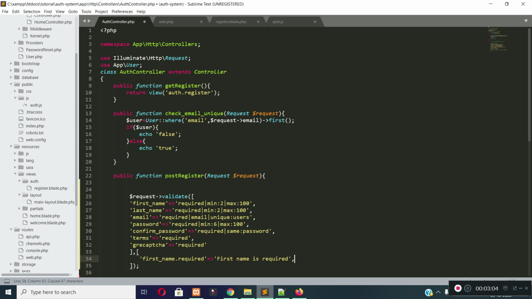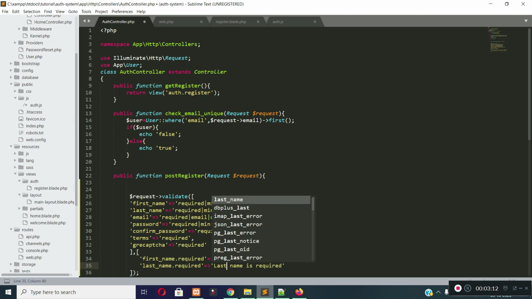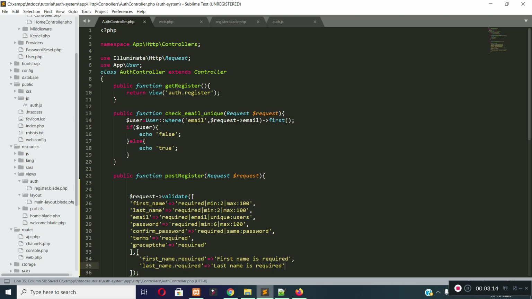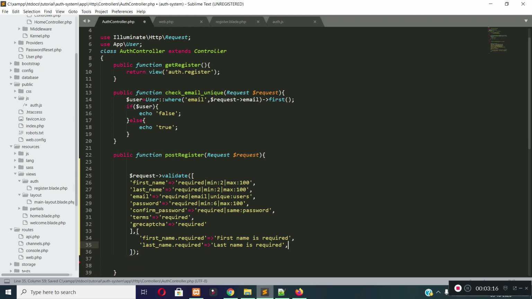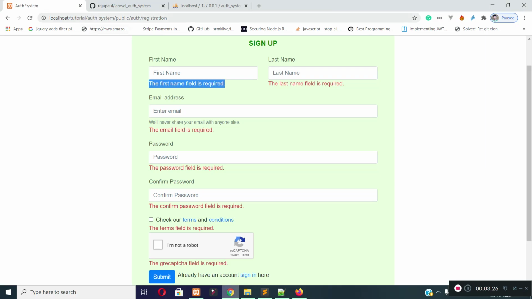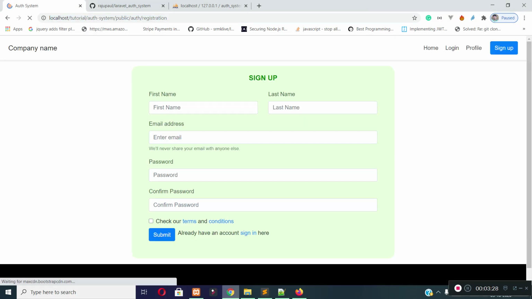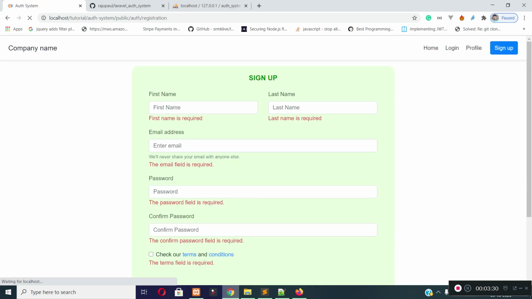And I am adding a validation message for the last name required rule. You can add them one by one if you want to customize the messages for your fields and for your fields' rules. Now if I refresh the page and submit the form, you can see our customized message is displaying.